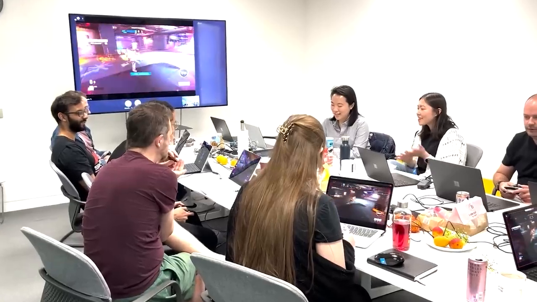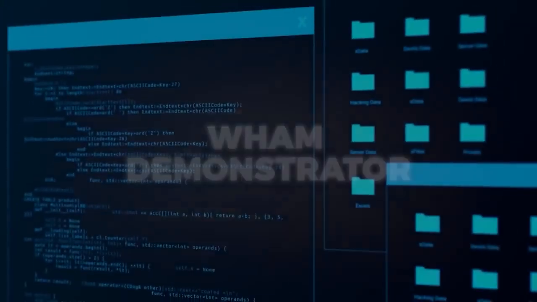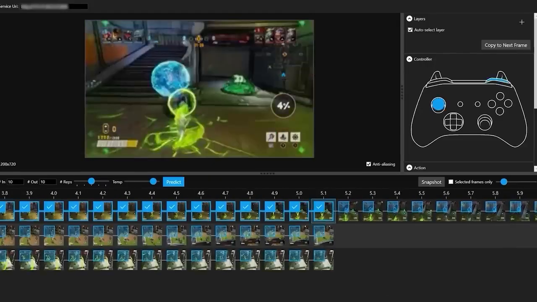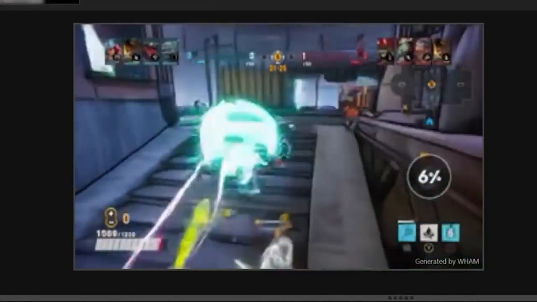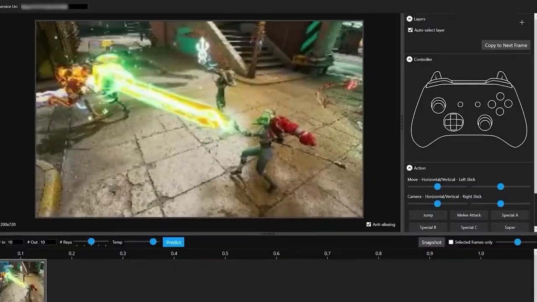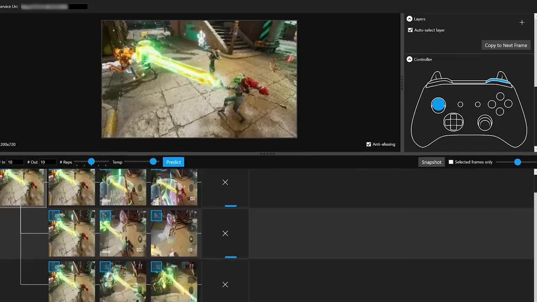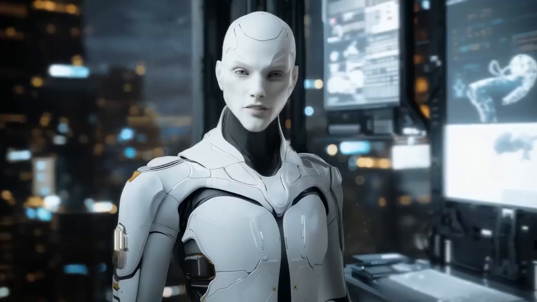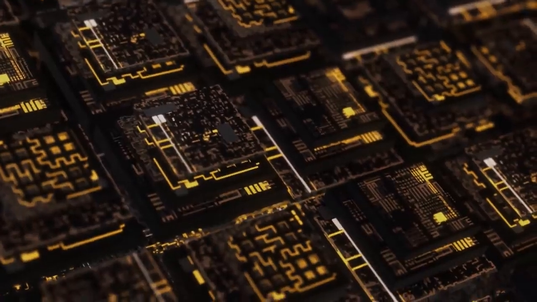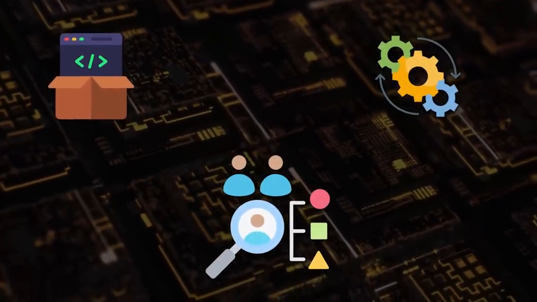Interestingly, teams at Microsoft not only tested the model's capabilities in their labs, but also built a so-called WHAM demonstrator, a special prototype tool that developers and creators can use to try out Muse themselves. With it, you can load initial frames of Bleeding Edge gameplay or even a single promotional image of the game, then watch Muse produce various sequences to follow up that intro. Microsoft has also released a lot of these findings publicly. The model weights are being open sourced, along with some sample data plus an executable for the WHAM demonstrator.